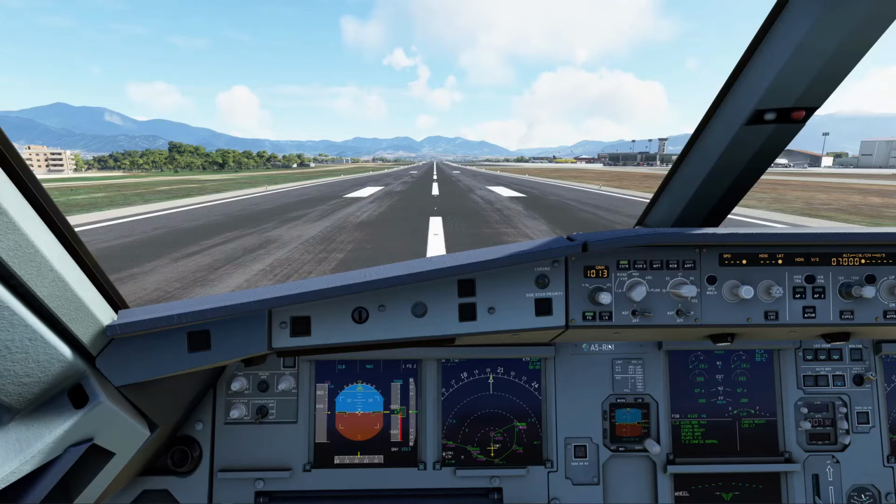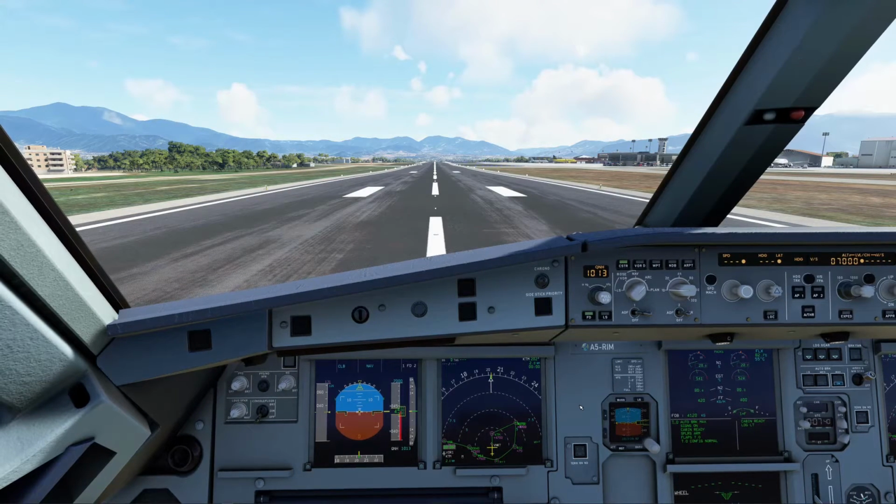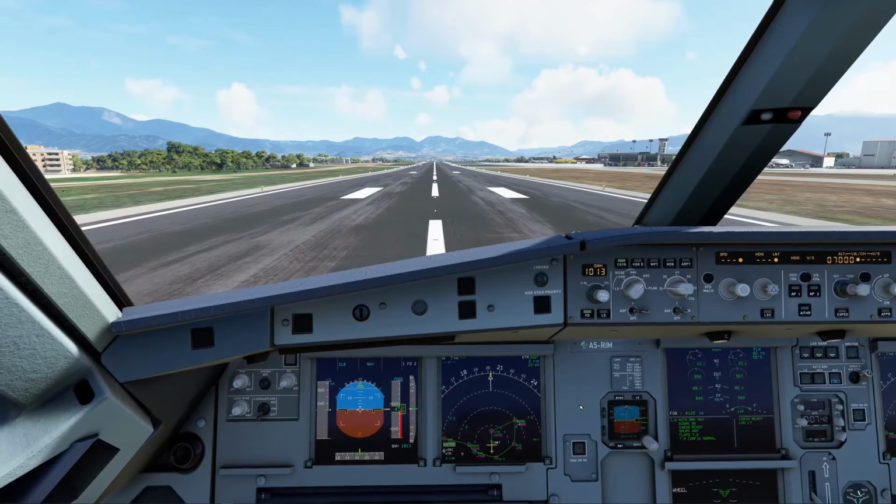Okay, so takeoff, so chrono, we'll get that running, and let's go, shall we? 50%, engine stabilized.